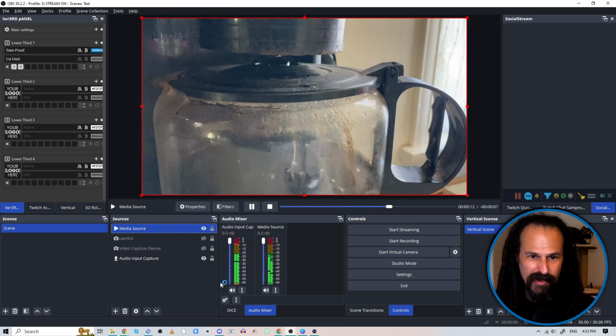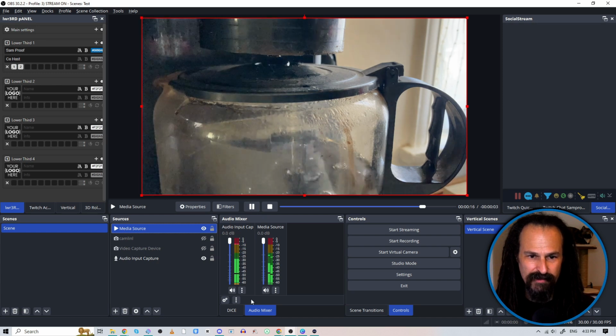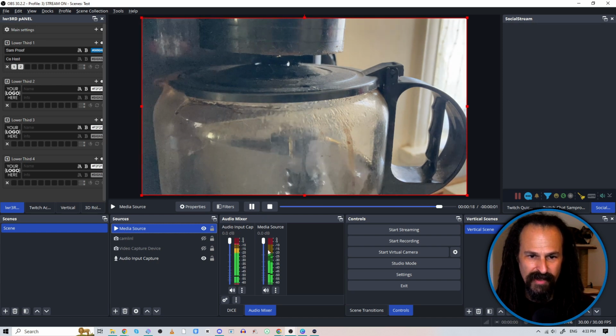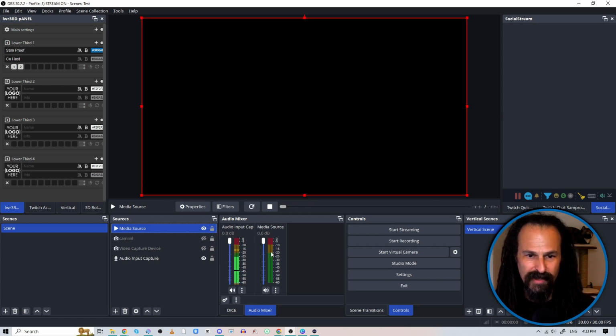Now at the bottom here in the middle, you can see on the left, that's me talking. In the middle here, or the right, that was the video. The video stopped and it went away. So it's clearly got sound, and we know the sound exists. But we'll take a quick look at